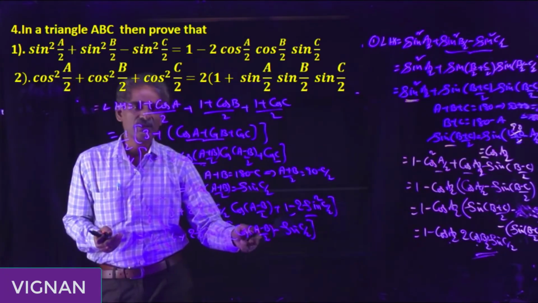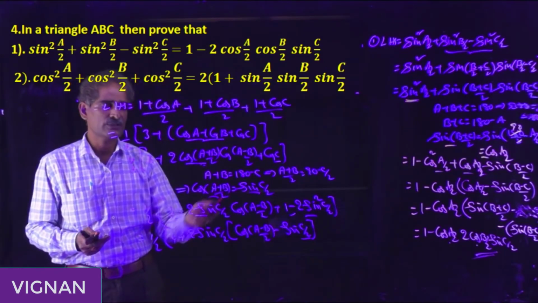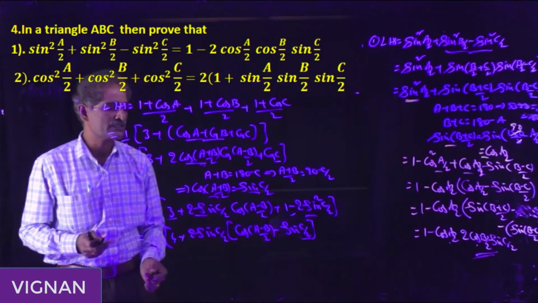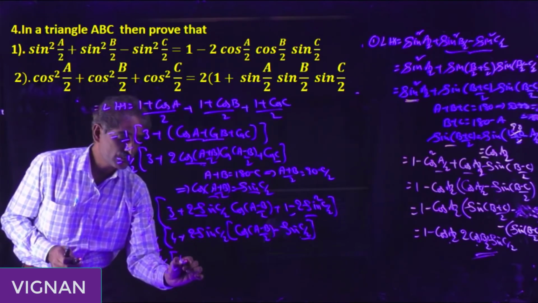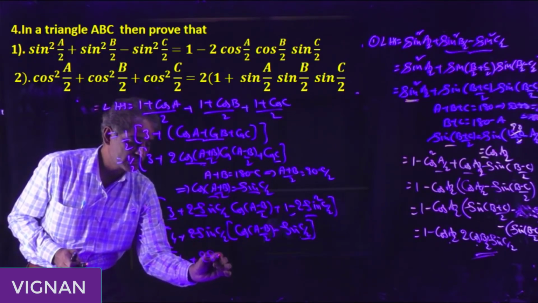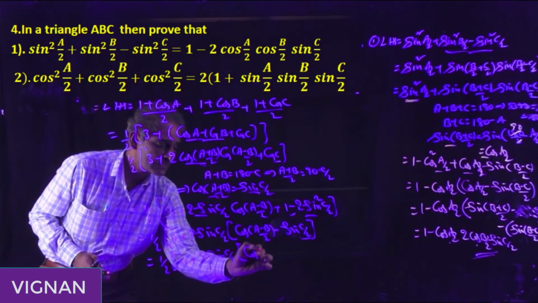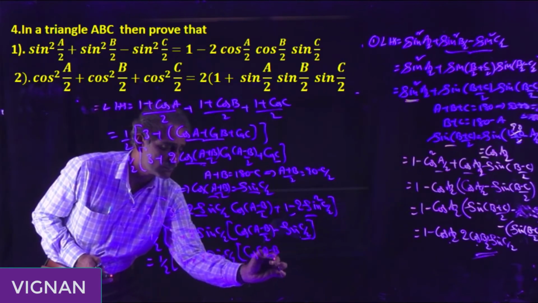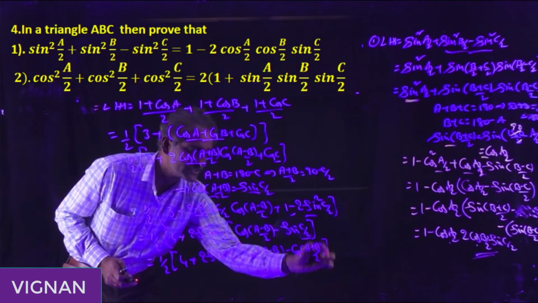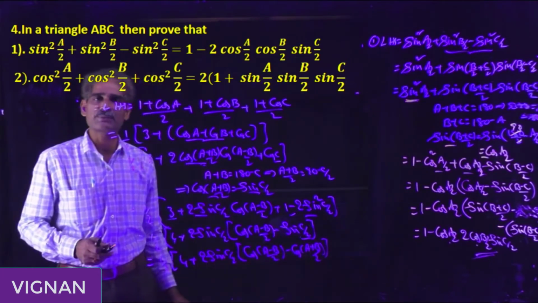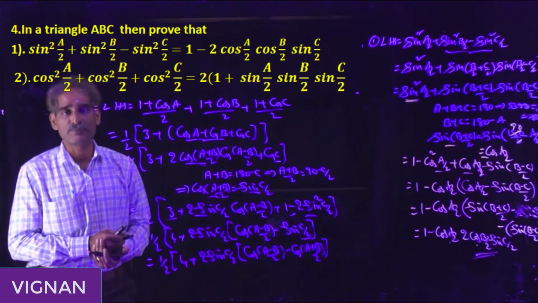It is already in terms of A, B. Try to write sin c by 2 also in terms of A, B. So this is the relation. With the help of this, replace sin c by 2 by cos (a plus b) by 2. 4 plus 2 sin c by 2 into cos of (a minus b) by 2 minus cos of (a plus b) by 2. Now it is a standard form, cos (a minus b) minus cos (a plus b) is 2 sin a sin b, but in place of a and b there are a by 2, b by 2. We will get also in terms of a by 2, b by 2.